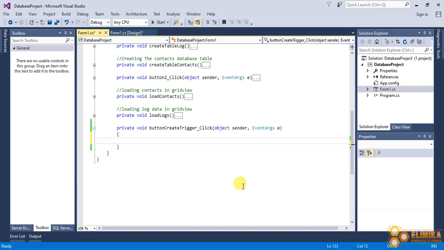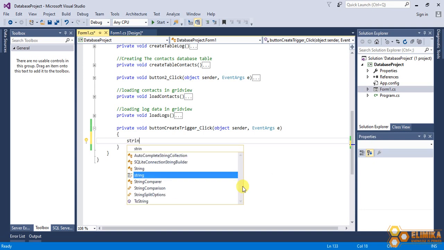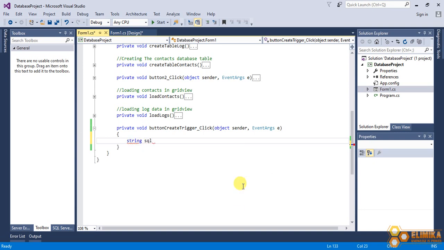So we are going to supply a SQL statement for the trigger, and therefore I will create a string variable, and I will name it SQL, and I will supply it with a string value, and here I will say create trigger, and the name of our trigger is audit log, and this trigger or this event should happen after an insert operation. So here I will say after insert